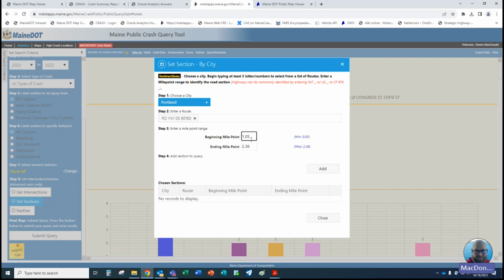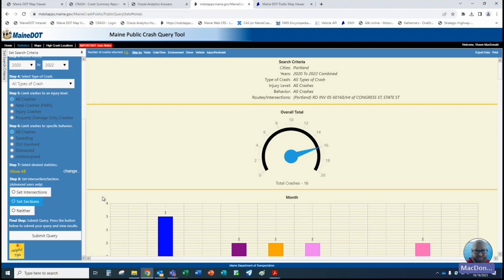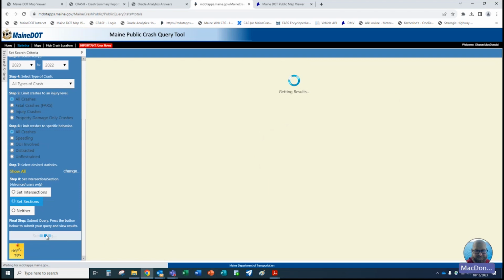But I'm going to start it with an offset of 1.66 and an ending offset of 1.75. I'm going to add that. Right, so that information's in there. Close that. Now that I've got my Portland, my intersection, I'm going to submit my query.